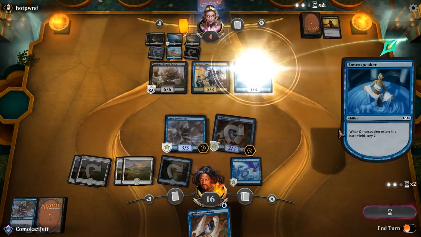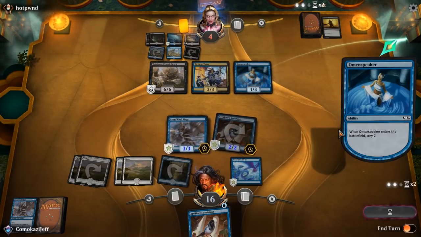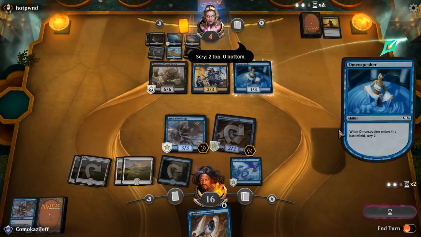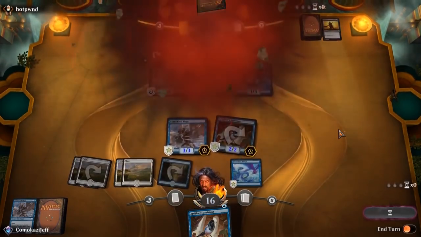Omen Speaker goes scrying. Let's see if they have anything in hand. They still have black mana up. Keeps both on top, but we're safe, right? Yeah, so...